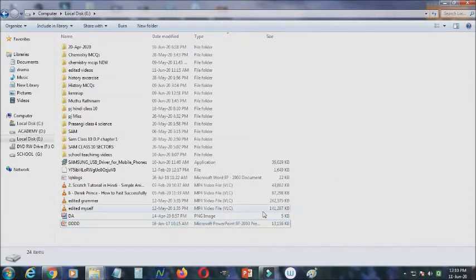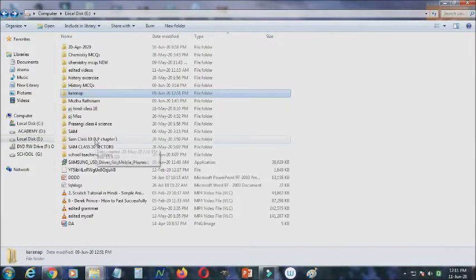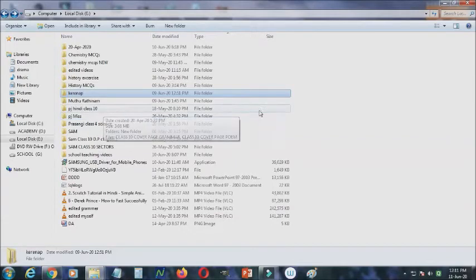Next one is searching for a file or folder. I kept some file here, for example the course book, but I forgot where I kept it. So the search option provides a place where you can search your files or folders.